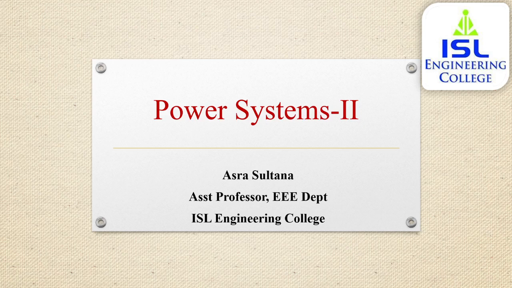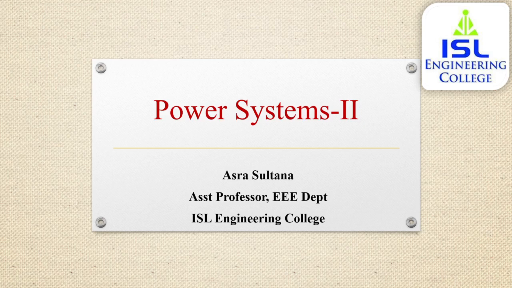So already we know that the faults which are occurring on a power system, majority of them are nothing but unsymmetrical faults. And the common type of fault which is occurring on a power system is short circuit from one line to ground. That is, line to ground fault is the most common type of unsymmetrical fault occurring on a power system. Whenever such a fault occurs, it will give rise to unsymmetrical currents. That is, magnitude of fault currents in the three lines will be different, and they will be having unequal phase displacement.